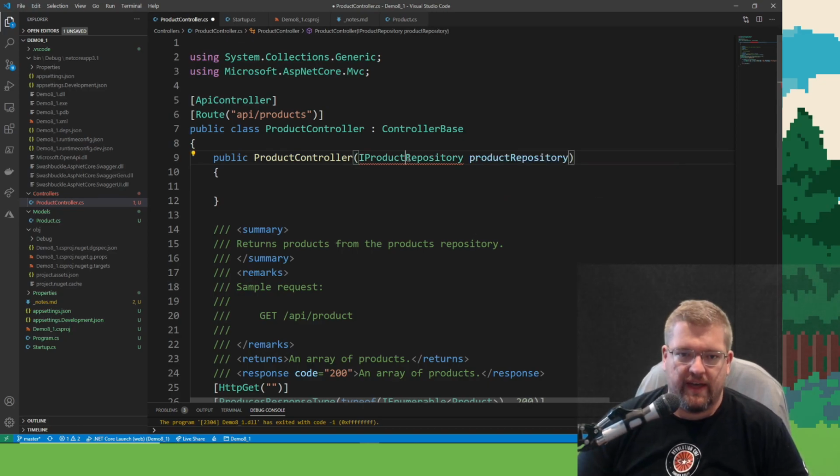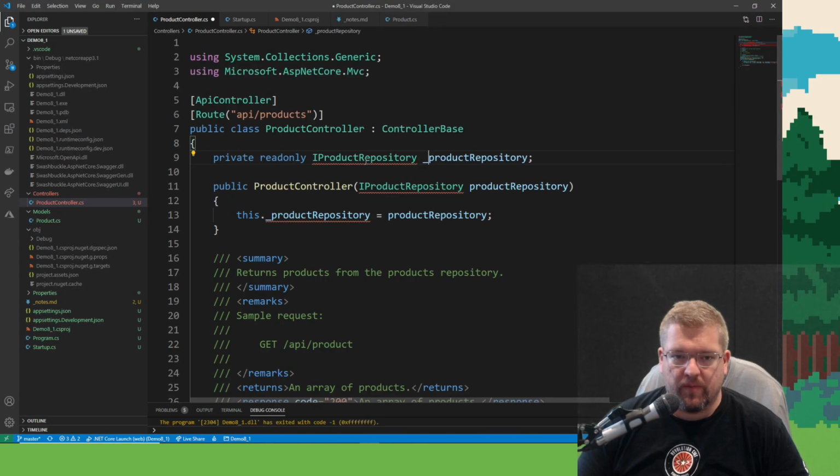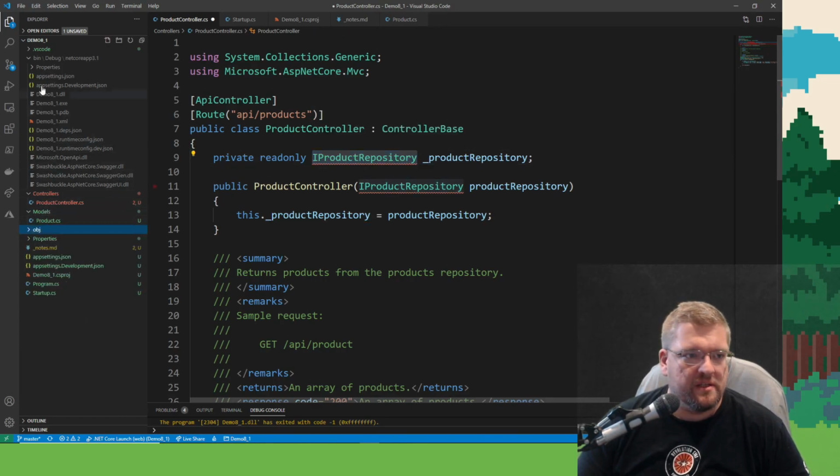So we'll go ahead and spec out some of this stuff. Create a field. Yep. No. I'm an underscore guy for my readonly private fields. Don't at me.